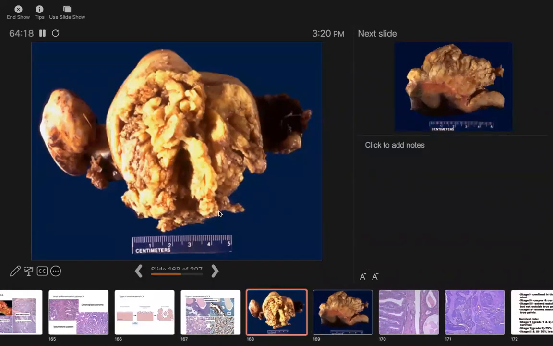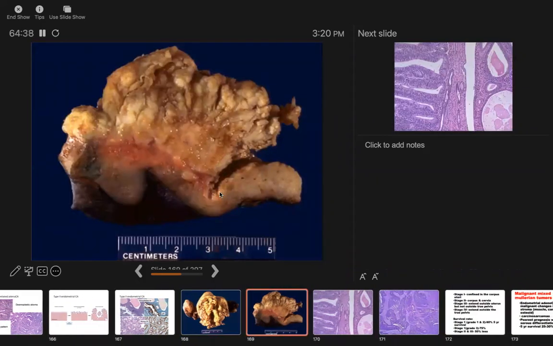So this is a rundown of some specimens which actually tells you how extensive it can be. This is the tumor, and look at the myometrium. Okay. Why am I emphasizing that? When you are signing out cases of malignancy of the endometrium, it is important to note as well the extent of invasion. Is it less than half of the myometrium or more than half of the myometrium? Does it extend into the endocervical or cervical region? So here,